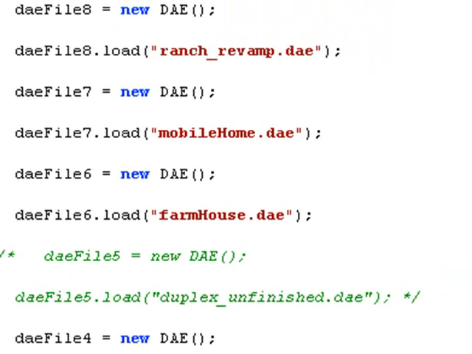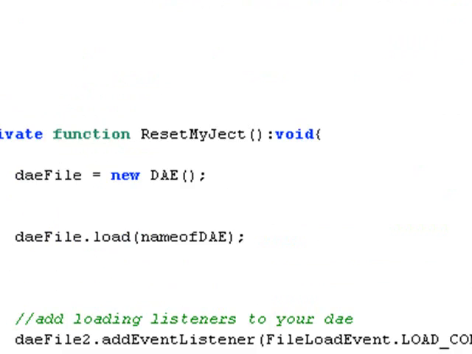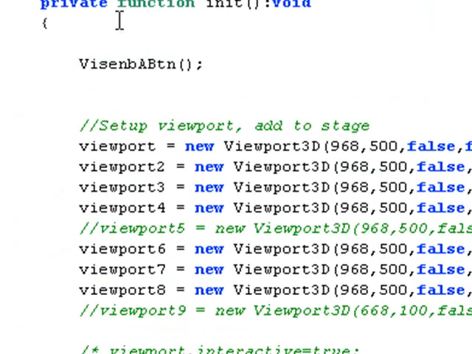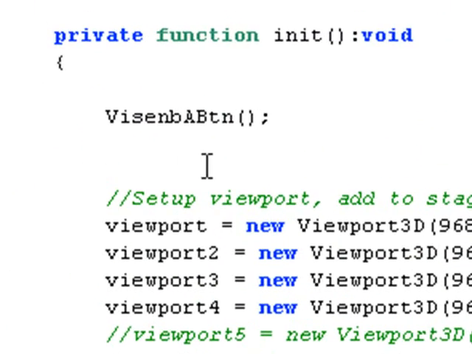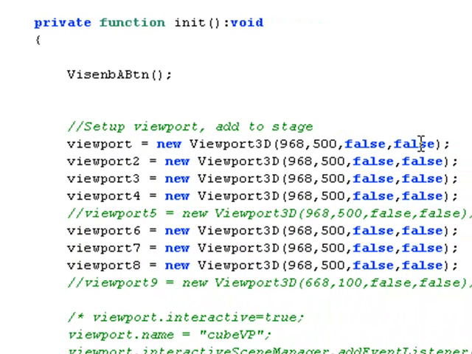In this part, we're downloading all the different DAE files, and then we're counting them, and when the count number gets to a certain amount, we initiate the file that needs to run. There's our initiation function right there. And we have this buttons enable viz. Basically, it moves the buttons out of the way. The reason we need to do that is we've set the stage setting to false, and also the interactivity to false. And what happens when we put the buttons over the